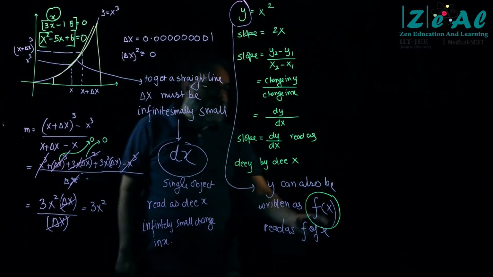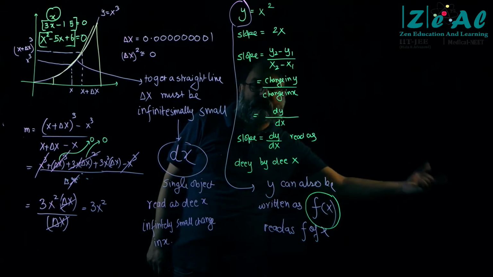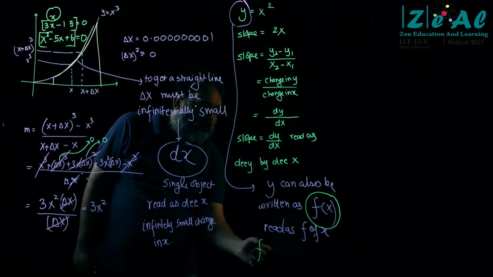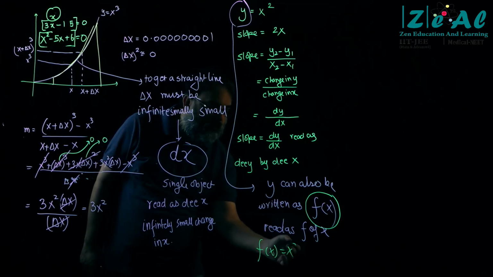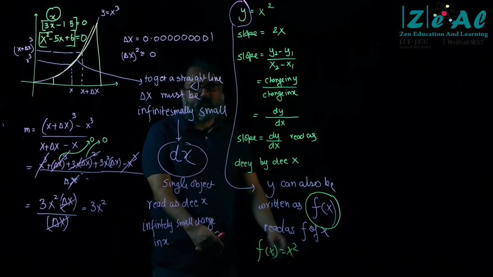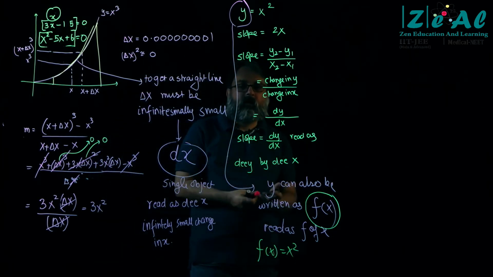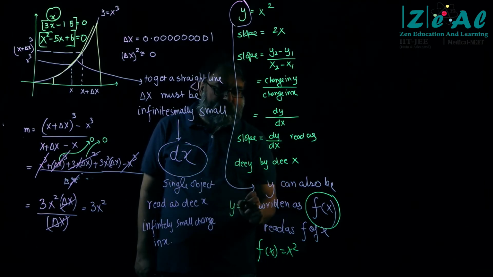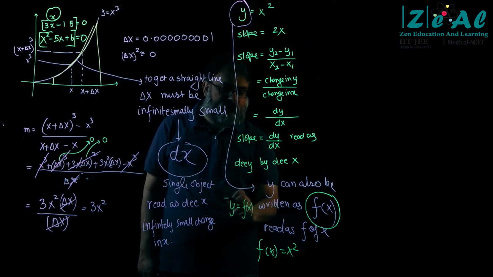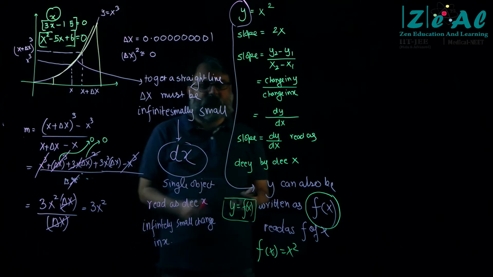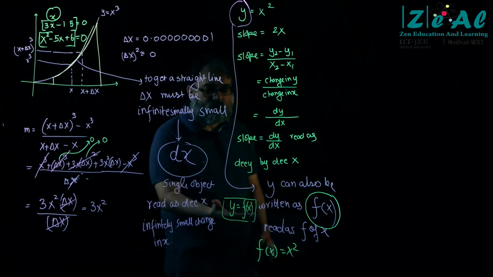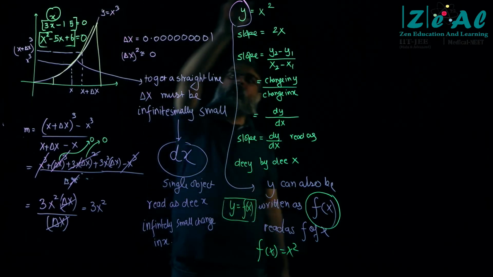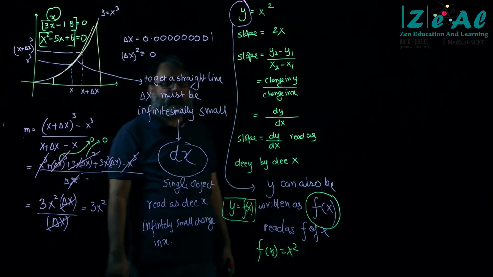But when you solve this, you will write f of x is equal to whatever the expression is. Right? So instead of writing y is equal to x square, I can also write f of x is equal to x square, and this would carry the absolute same meaning. Nothing different, right? So basically, we say that y is some expression of x. This is the way to write this.